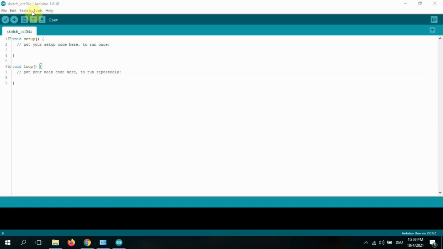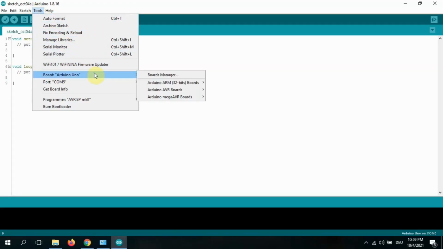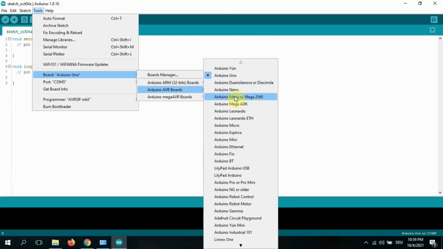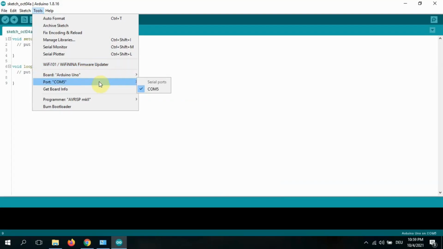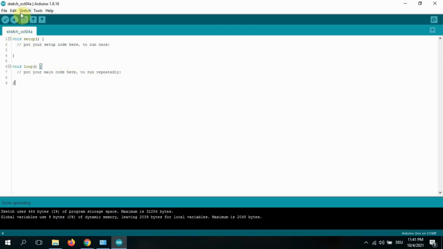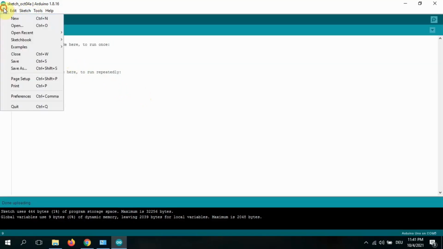After doing all that, you have to check if you have selected the right Arduino board. In my case, it's Arduino Uno, and that's why you can see that it is selected like that. If you have a different board, you can check the list and select a compatible board from here. Another thing you have to check is if the right port is set here. In my case, it's COM5. You can also see that the Arduino Uno is connected to COM5. So everything is fine.